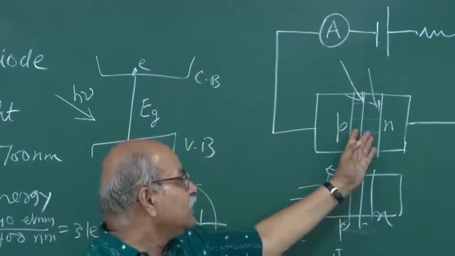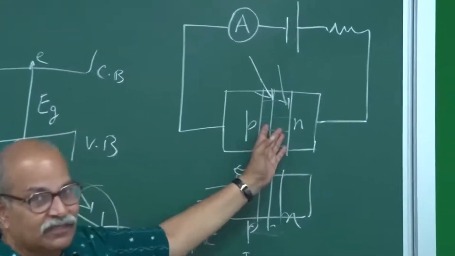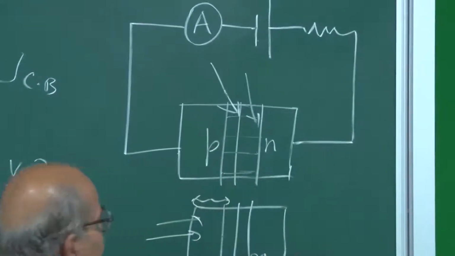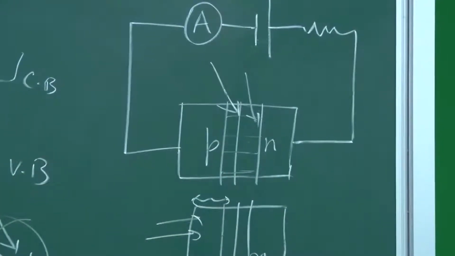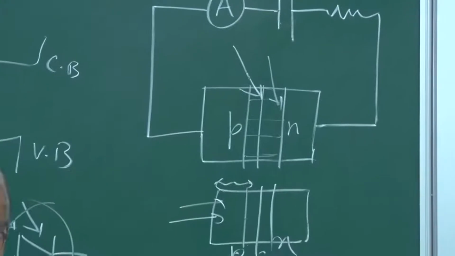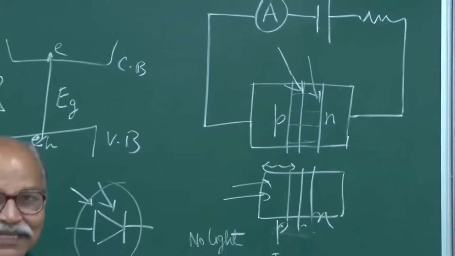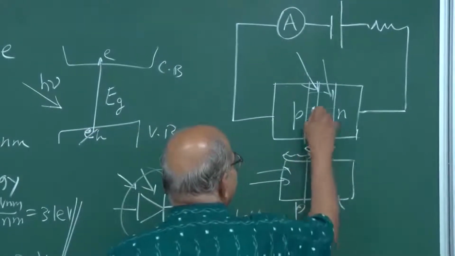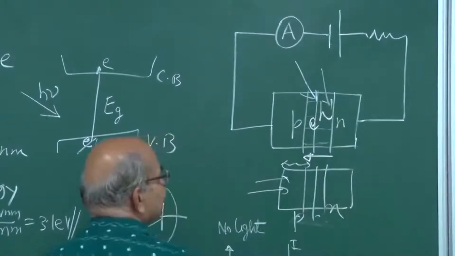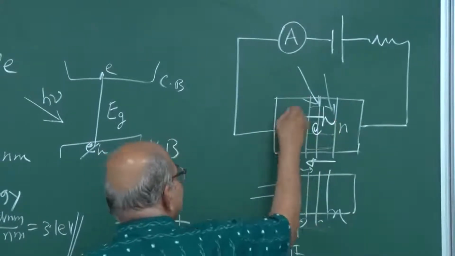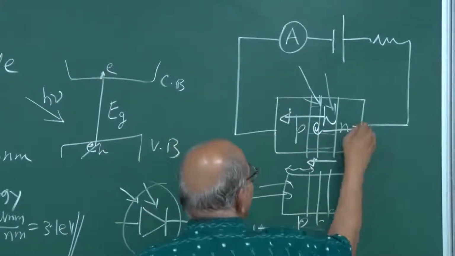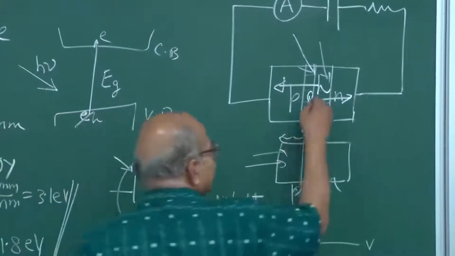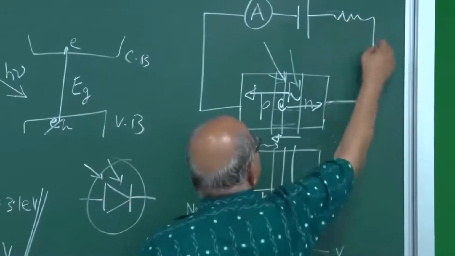So any electron hole pair which is produced here, because of this reverse bias, you have a large field, and that field will drift both kinds of carriers there. So the field is in this direction. If an electron hole pair is produced here, the hole is promptly swept in this direction, and the electron is promptly swept in this direction. Correspondingly, if the electron is going this way, the current is going this way,